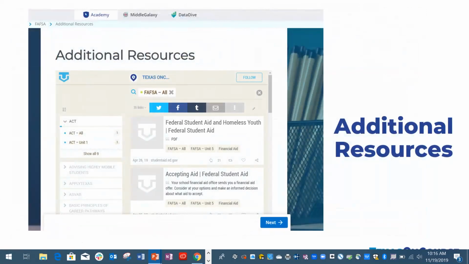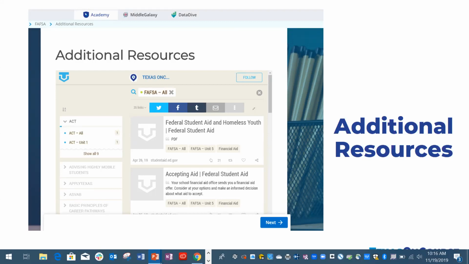At the end of each module, we also have an additional resources section. This section is a great way to gain access to URLs, PDFs, PowerPoints, and even infographics that we have included throughout each of the modules. Say you want to view a PDF that you really want to share with a student, but you were unsure where it was located within the module. You can quickly locate the PDF document by visiting the additional resources section of the module. We also have module resources available on our Pinterest page located at